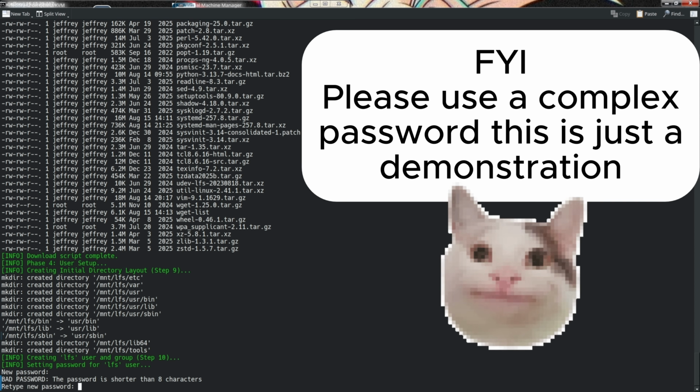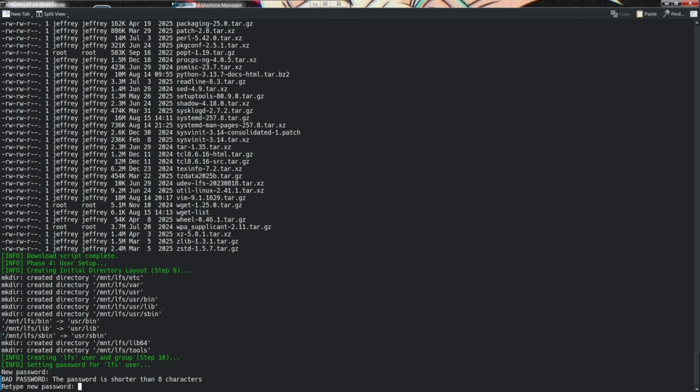You will be prompted that says bad password, but in this case, you can actually ignore it. So just retype it again, 123 for me. And now this is going to continue compiling for the next maybe 20 to 45 minutes, depending on the resources